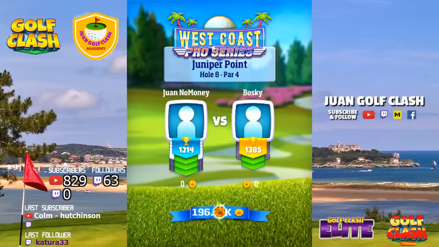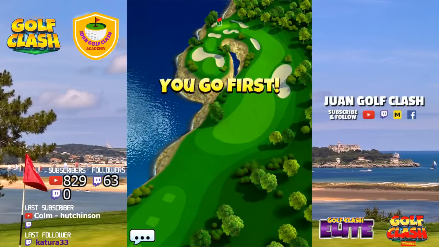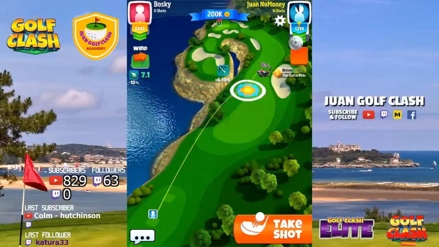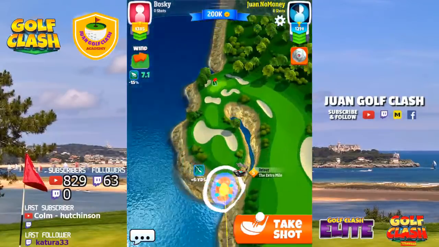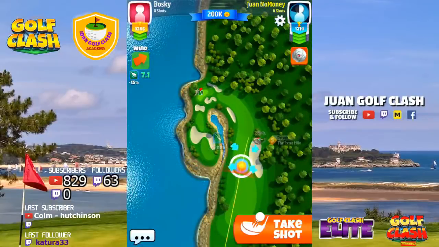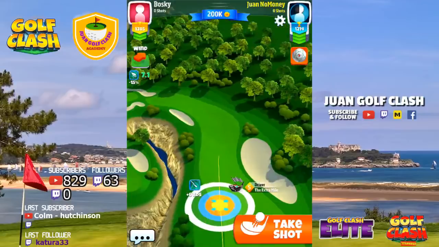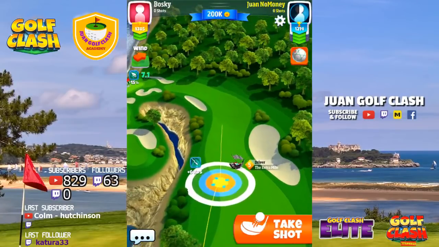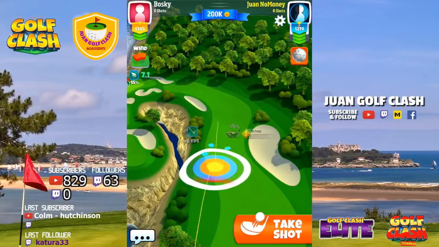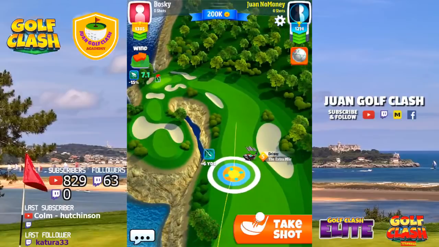We get the Juniper Point hole 8. So this is a tough one to play for us, because we don't have the backspin in our clubs, but anyway, I will try to make this shot, trying to be as close as I can. I don't mind to be on the rough, so